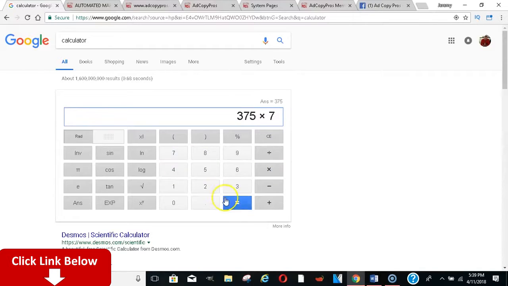Times that by 7. In 1 week, you'll have $2,625. Okay, and then you times that by 4. That's $10,000 for the month, guys. You see how powerful this could be?